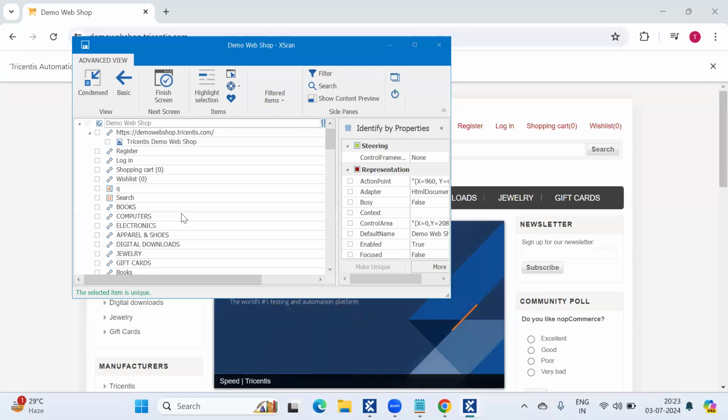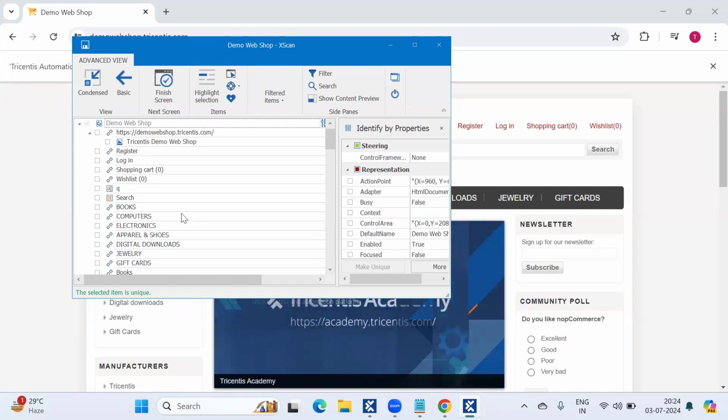Click on add extension so that XScan and the application can communicate with each other. If you're working on the Edge browser, you need an Edge extension. If you're working on Chrome, you need a Chrome extension. If you are working on Mozilla Firefox, you need a Firefox extension. Whatever browser you're working with, it should have an extension.